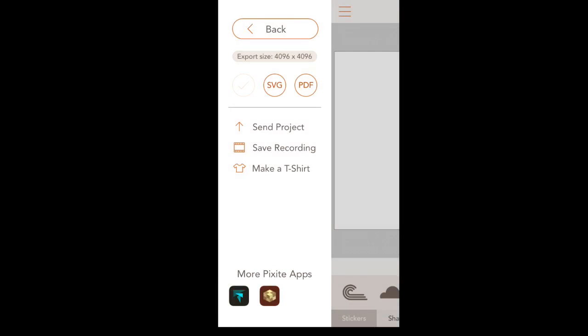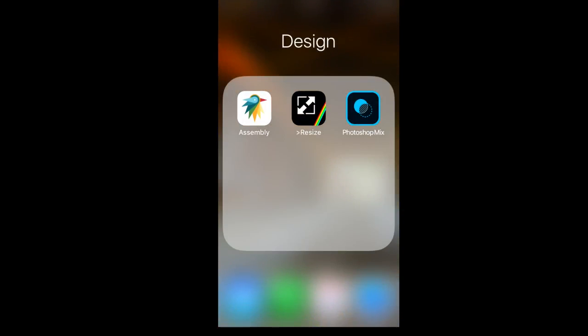Okay, so now what you've done is you've created a transparent backdrop, but the problem with it is it's not the correct specs used for Amazon. They require 4500 by 5400. So we're going to use an app called Resize. Open that up,